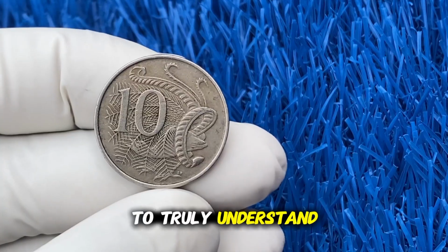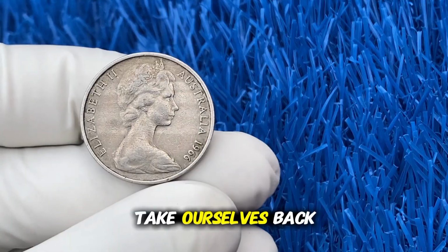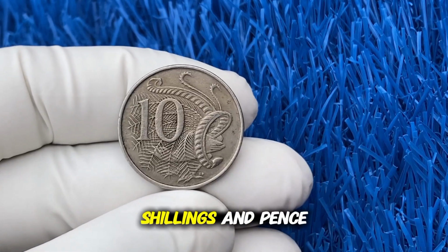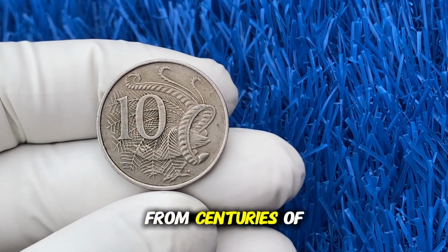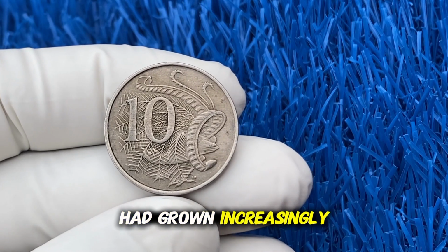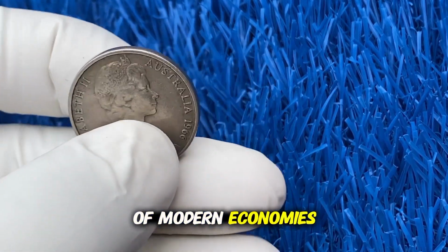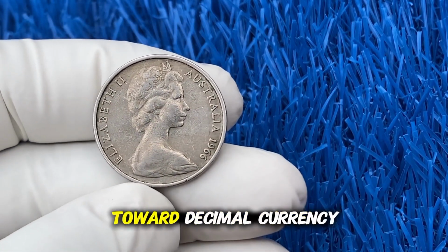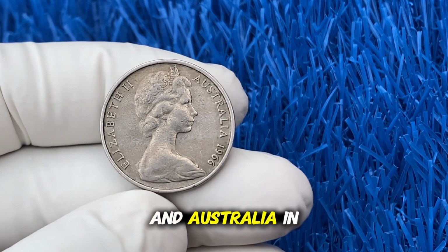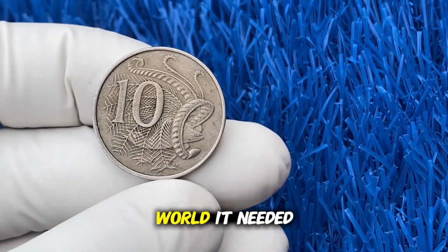To truly understand the importance of the 1966 10-cent piece, we must first take ourselves back to the world before decimalization, when Australians used pounds, shillings, and pence, a system inherited from centuries of British tradition. It was a system that, though functional, had grown increasingly outdated and cumbersome as global trade and the influence of modern economies advanced. Many nations had already shifted toward decimal currency systems that made calculations simpler and more efficient, and Australia, in the mid-20th century, realized that if it were to thrive economically in a modern world, it needed to